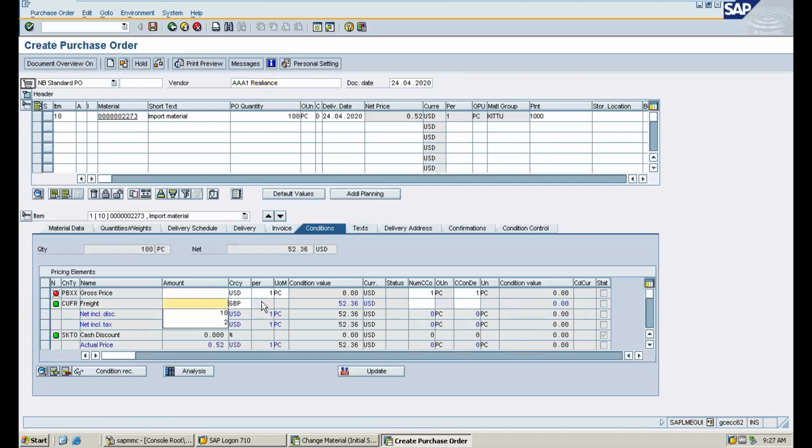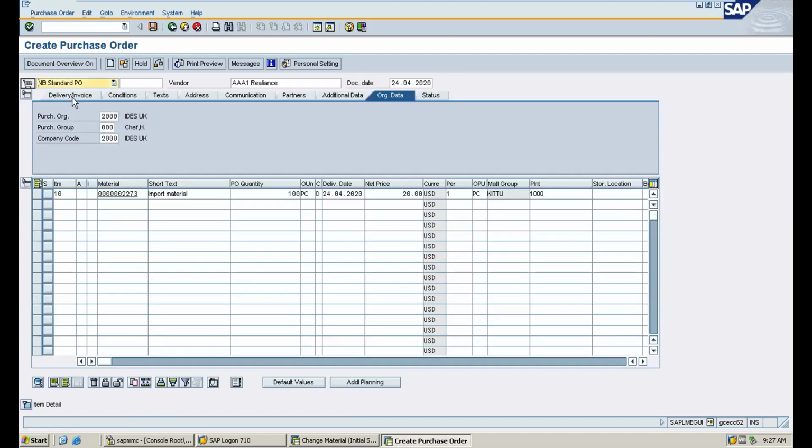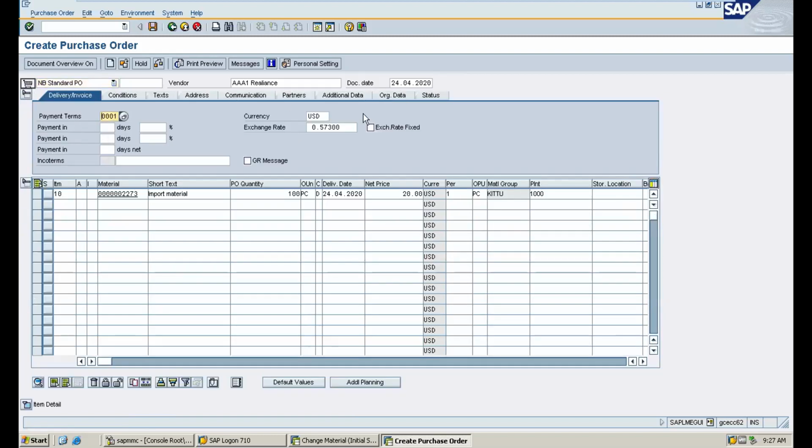I will remove this one. I'm maintaining the condition currency as USD. Okay, this is not required. If your customs vendor is different, then you need to maintain the currency exchange here. The exchange rate needs to be maintained by the FI consultant. This is their monthly activity.